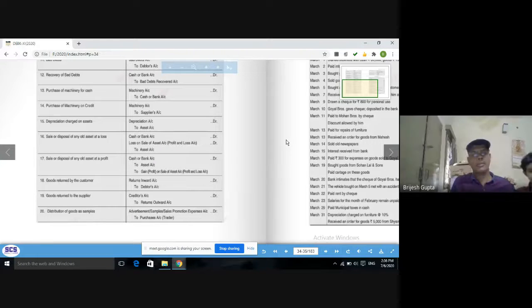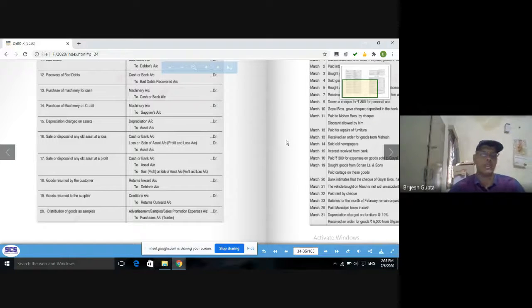Yes, sir. Okay. Now the next transaction is incomes received in cash. As compared to expenses, the list of incomes is small. So what are the incomes? Can you give an example of incomes from a business point of view? What are the incomes for a business? Sales we have already discussed. Sales will not come here. What are the other incomes?